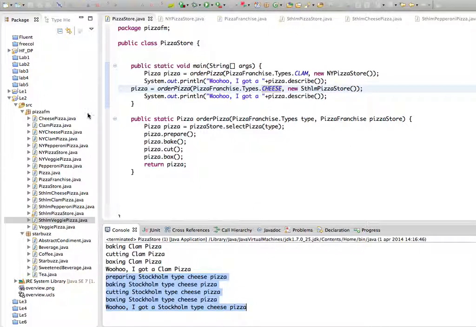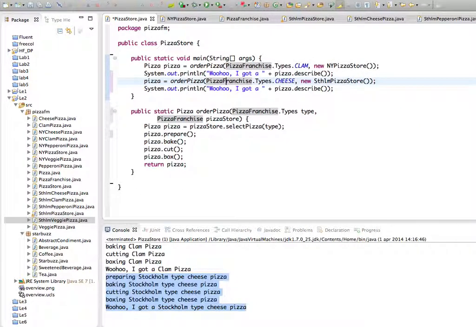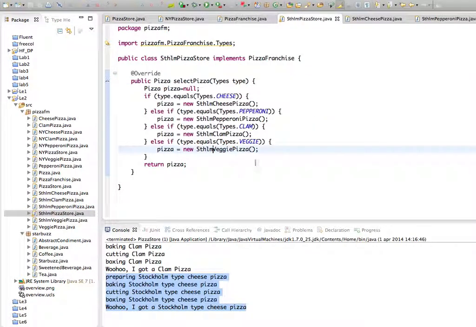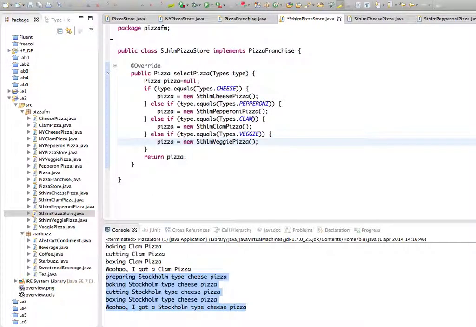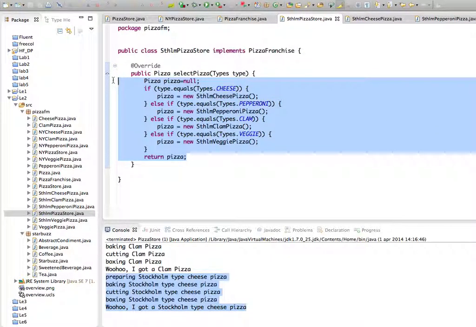And this allows us to construct a set of products from our Stockholm pizza store and another set of products from our New York pizza store. And they're actually almost copies of one another in terms of their implementation. We could make this even simpler by having some kind of map between types and class names. But for now, we'll leave it at this, where our different products can be selected